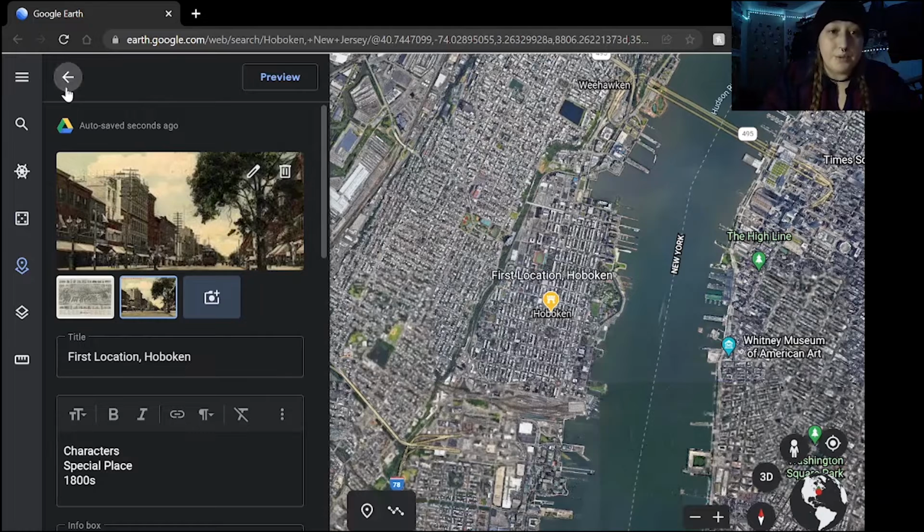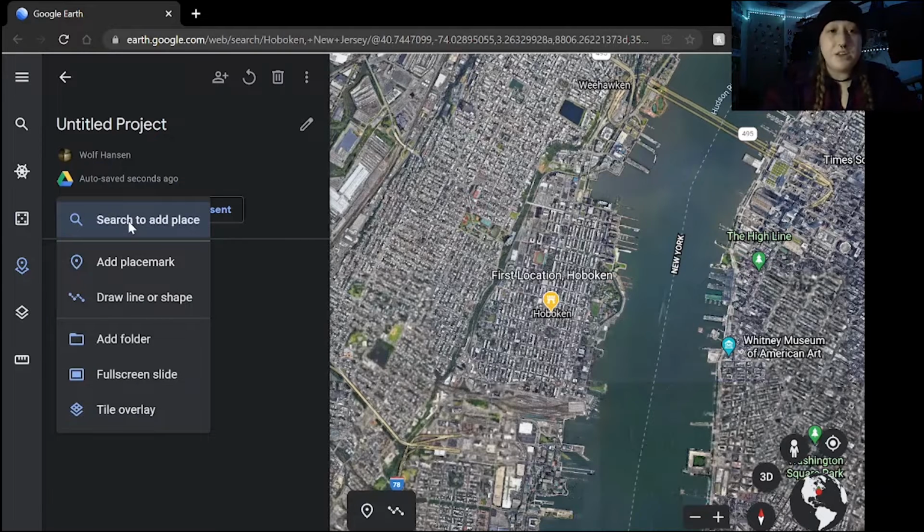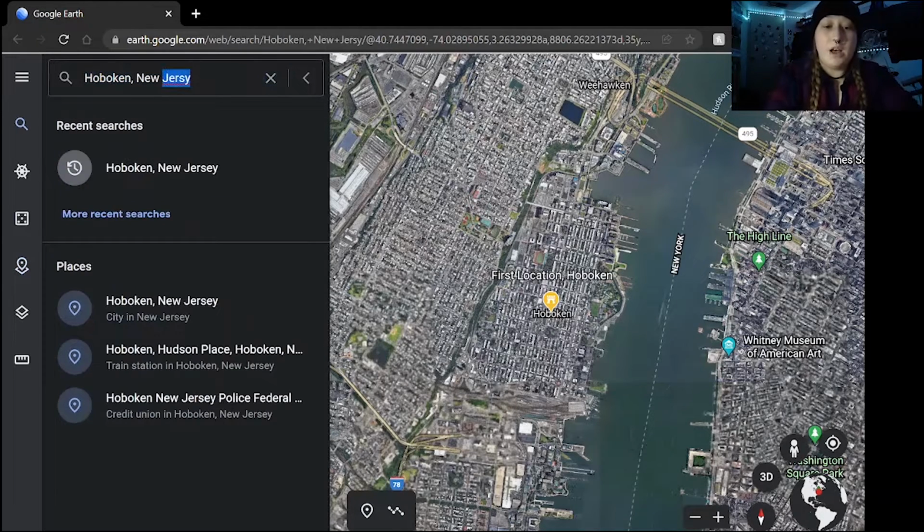So now we are going to go back, and there it is right there. You can make any further edits to that same place right here. You can delete it if you just want to get rid of it. So I'm going to add my second place, do the same thing, hit new feature, and this time I'm going to write